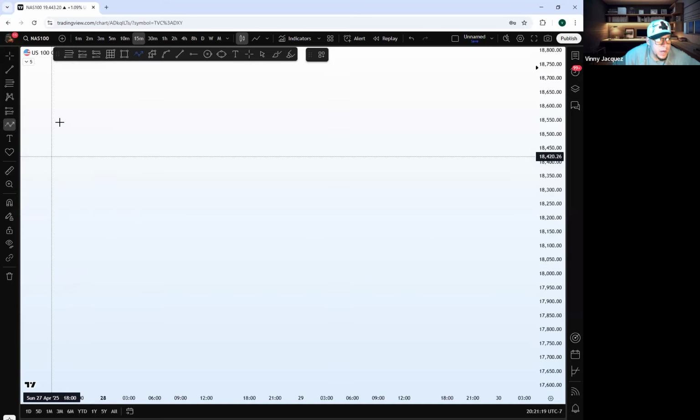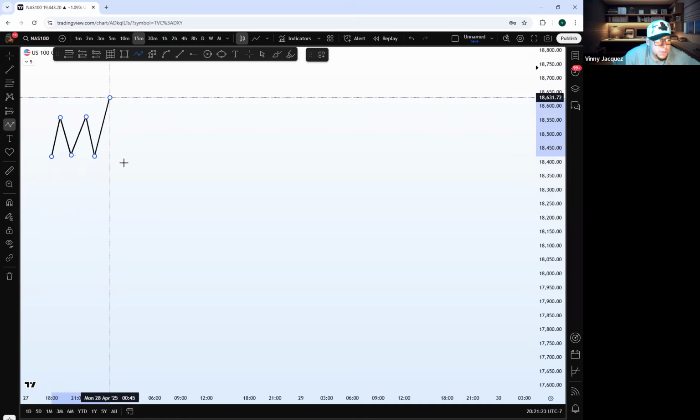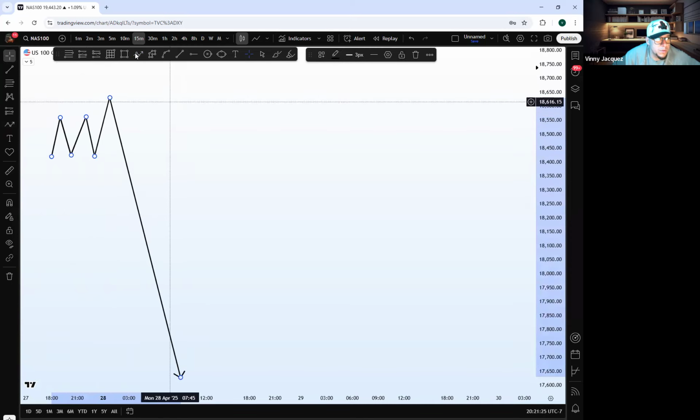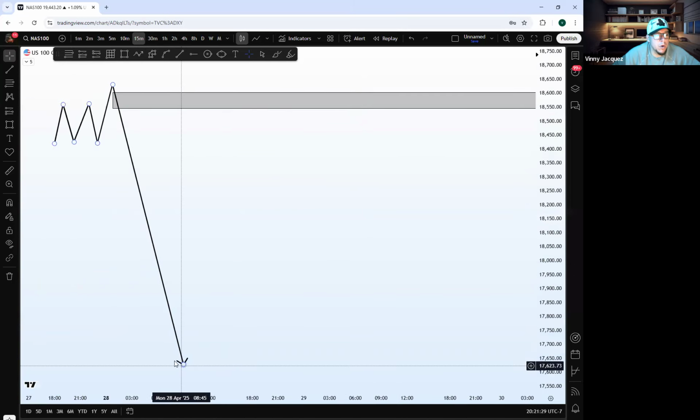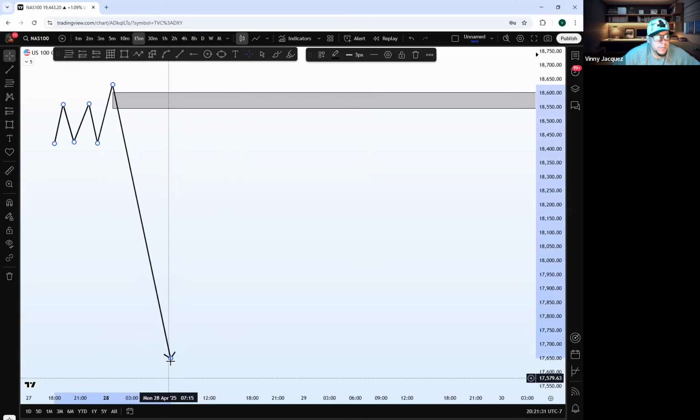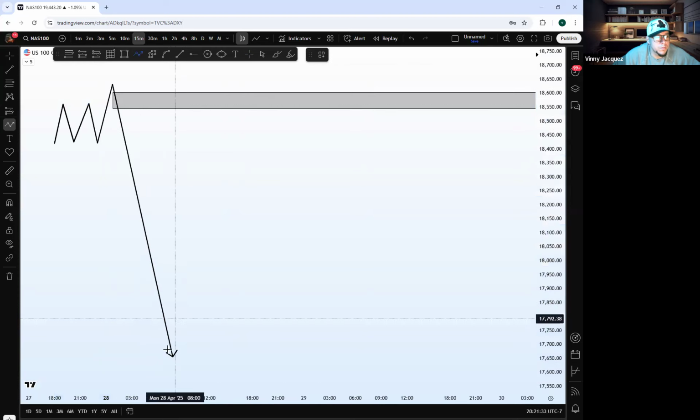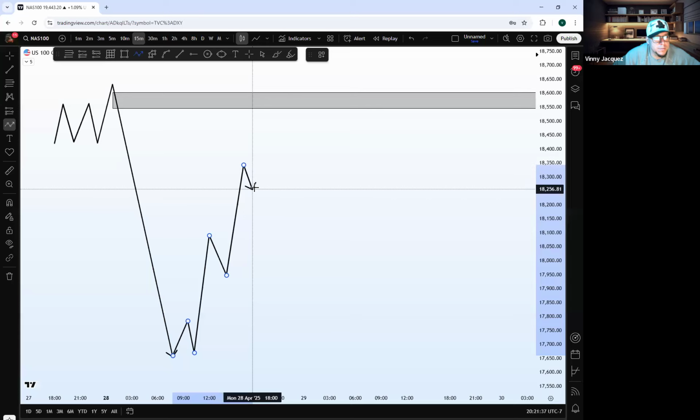Let's just say we've been waiting for this zone for a minute, just like we all had, right? Consolidation, sweep of liquidity, market dropped. We've been waiting for these zones for a while, right? Market makes its way back. Now, as soon as it gets here in this area,